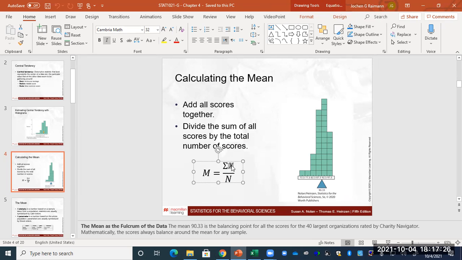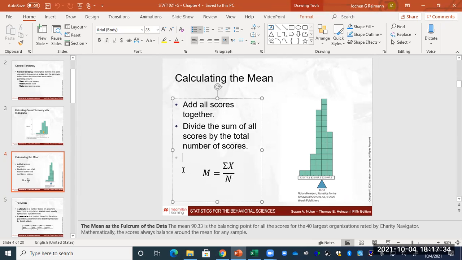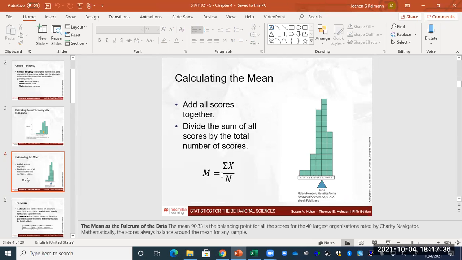X stands for random variable, which in this case is our scores. We will talk about this later on, but this stands for an individual entry in a so-called random variable that can take any value and describe something that you're describing with your data. So it's the sum of X divided by capital N. And N stands in all cases for sample size. Sample size is the number of entries. So this being said,